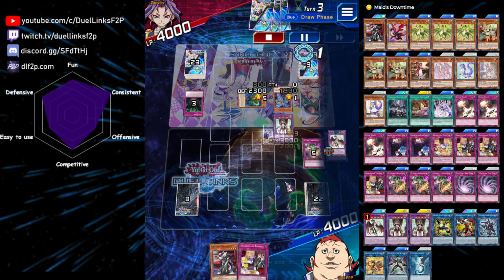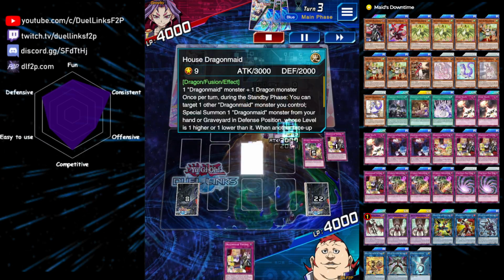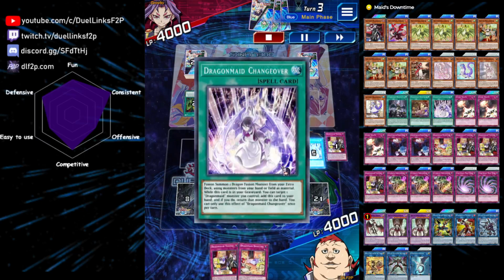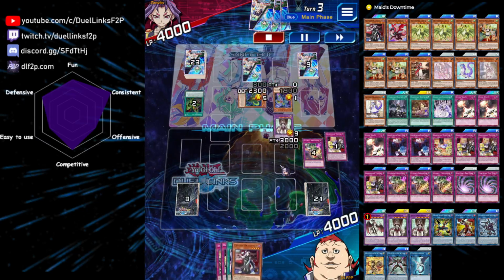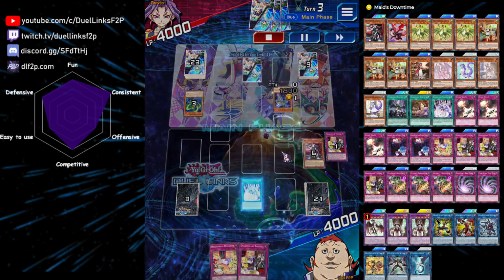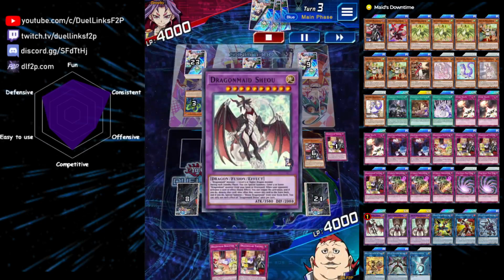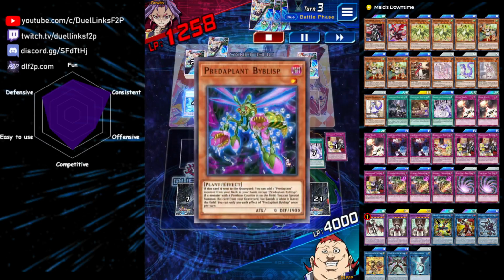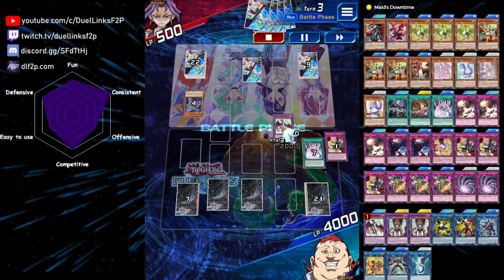He'll go Lost Wind, we can negate that and tag out into a House Dragon Maid. We'll go normal summon the Chamber, grab ourselves more traps for our opponent's turn. We're gonna go use the Fusion spell to bounce back. House Dragon Maid will trigger the pop to pop our opponent's monster. We'll make a Shio back on the field, attack, and then we're back on track, maybe 1 negate plus 2